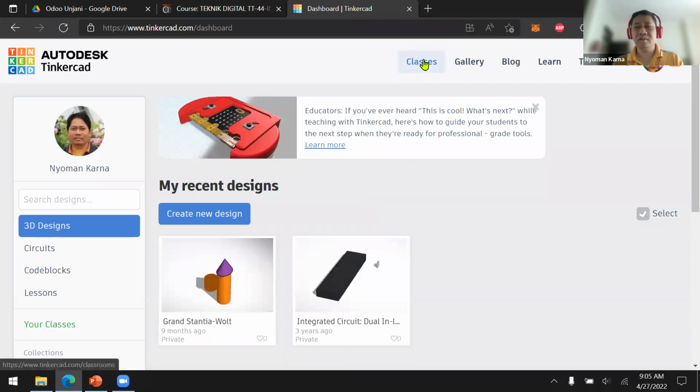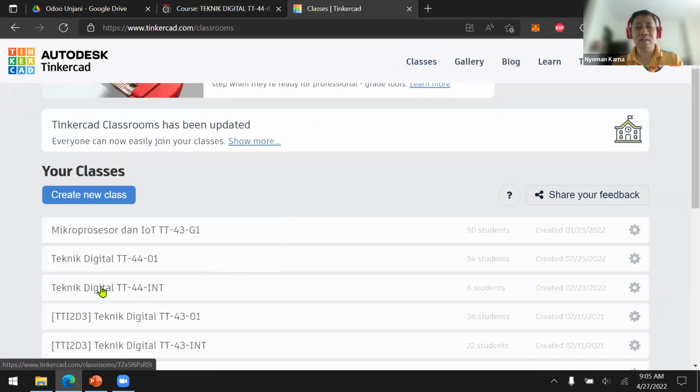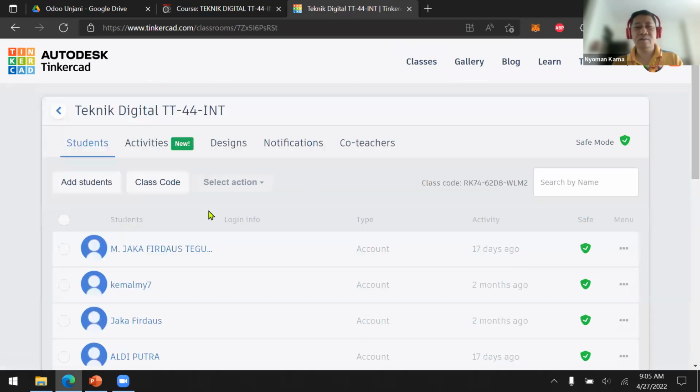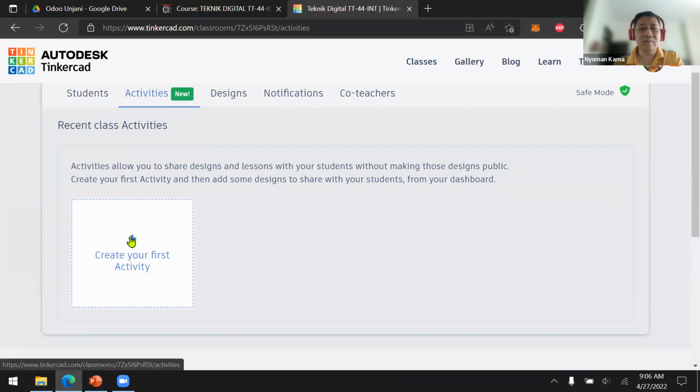Okay, first, I'm going to create the circuit using the class. This is our class. So you can just log into the class and then try to copy my circuit, and then you can just play around with that circuit.